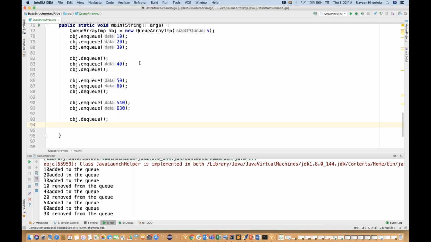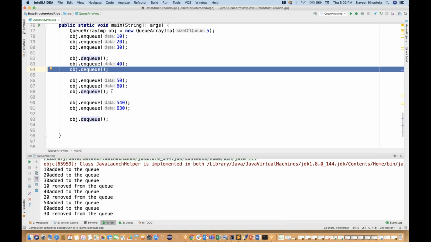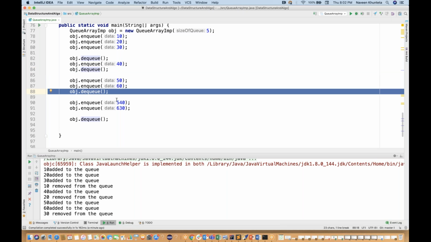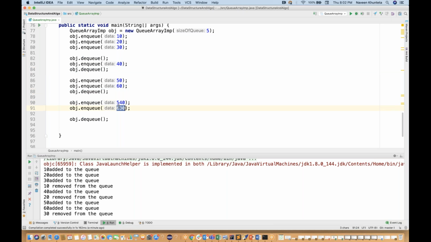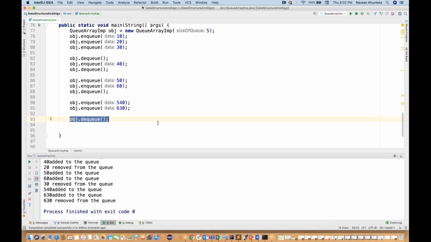So 10, 20, 30, 10 will be removed, again add 40, 20 will be removed, add 50, 60, 30 will be removed, add 540, 630. So, and again I'm doing a dequeue. So let's see what happens. It should give you 630 got removed. Okay,